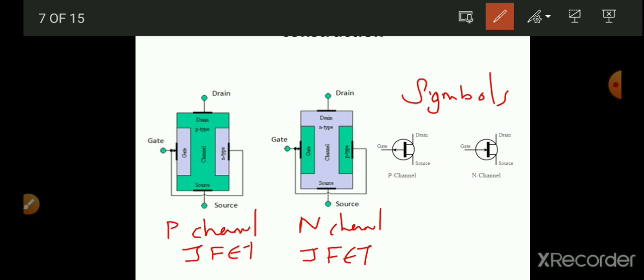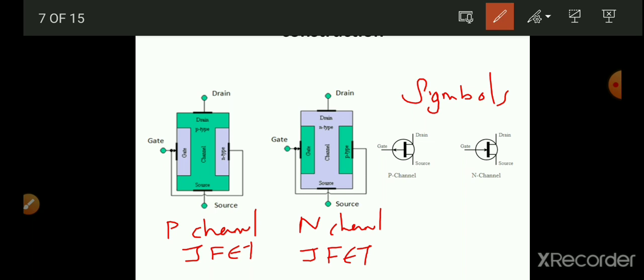These are the main terminals of a JFET. The second one is the N-channel JFET. In an N-channel JFET, the channel is an N-type semiconductor, which is sandwiched between two heavily doped P-type semiconductor bars. We call these heavily doped P-type bars the gate, and they are internally interconnected and taken outside by a terminal, which is called the gate terminal. The two ends of the channel are called drain and source.